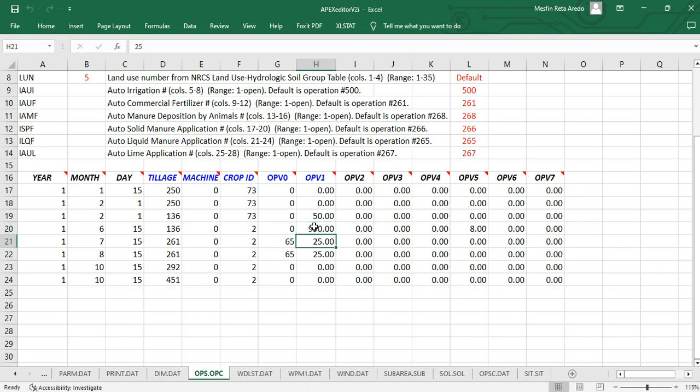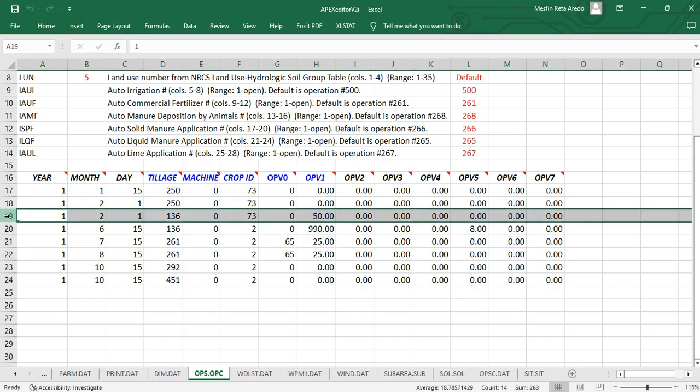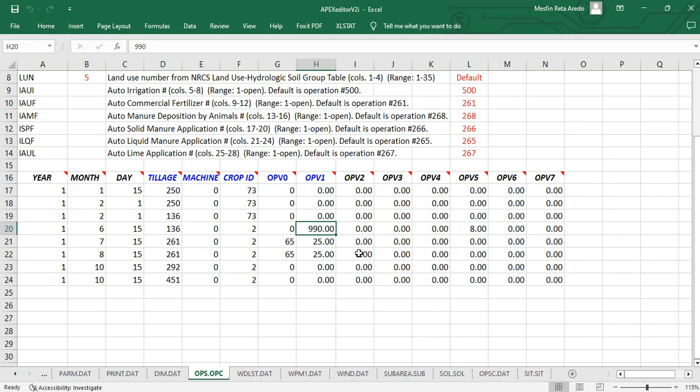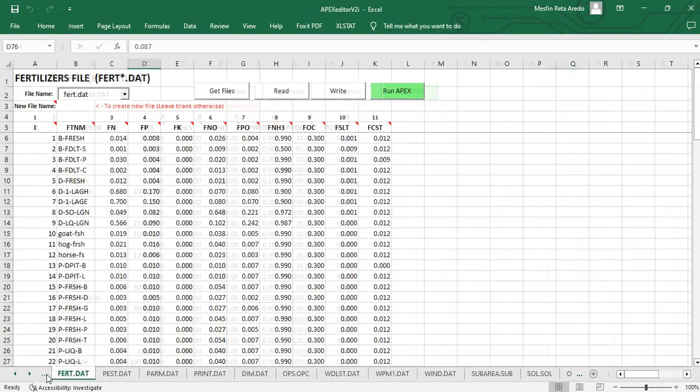So plantation is on February 1st and we have DAP fertilizer application. We know DAP is a fertilizer and we need to know the fertilizer ID. We said it is 73, right? 73 is DAP and 65 is urea. So we provide